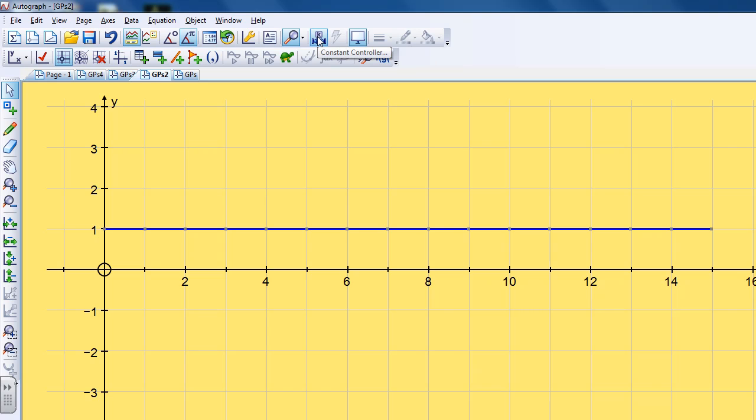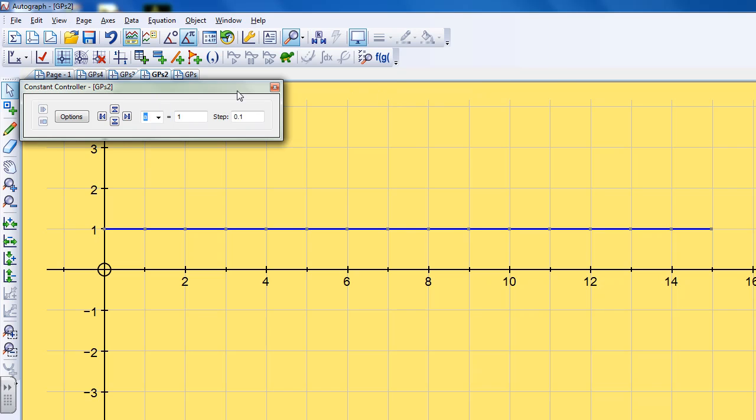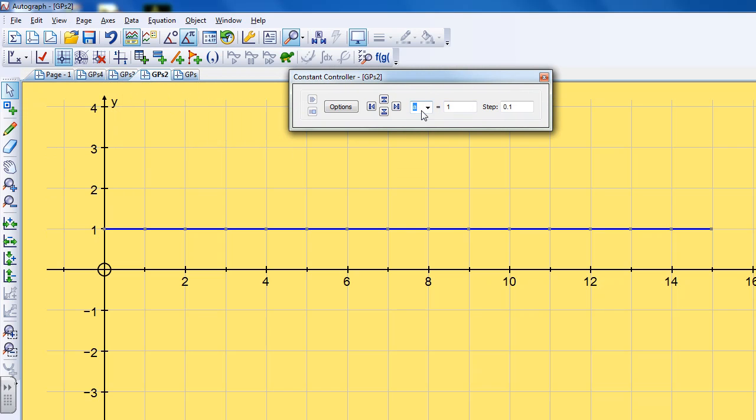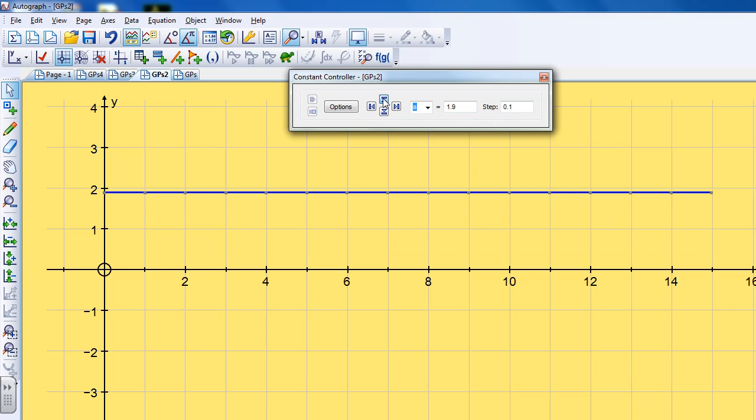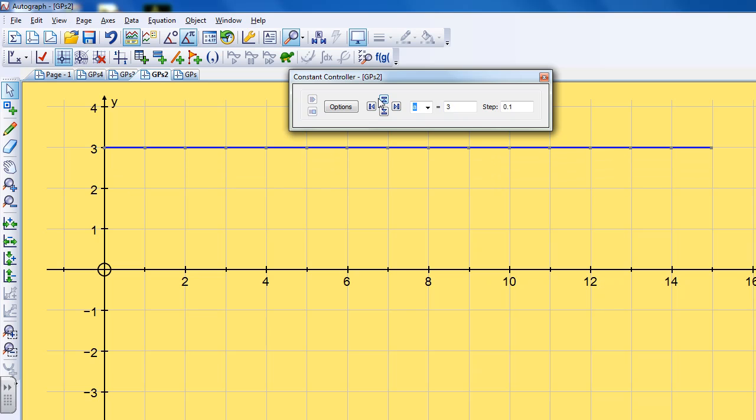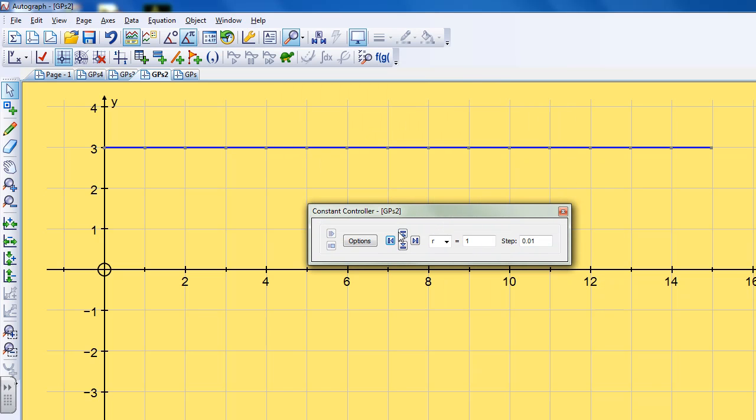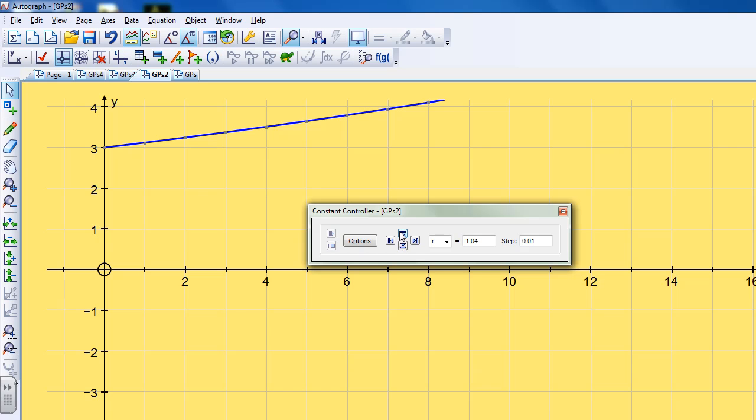now we can have a look at how the geometric series changes as we change the value of a and r. So I'm going to go to the constant controller, and if I look at my a value first of all, its default was 1, and if I go up I'm going to change it to an a value of 3, and then if we look down and go to the values of r, I'm just going to change my step size and make my step size a little bit smaller, and then if we go up with the r value we can see that it's a diverging series,